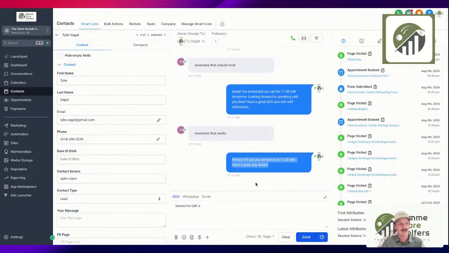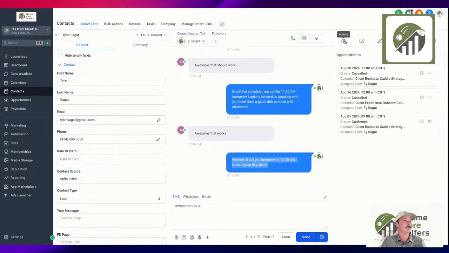Amazing. Look at that. Now, the really cool part is that this is actually booking onto the calendar. So if we go into our appointments, we can see status is canceled on this one just with the demo. But typically what you'll see is that status is confirmed. And then if we pop over into our calendar, it shows up in our calendar as well. And then once you tie automation to it,